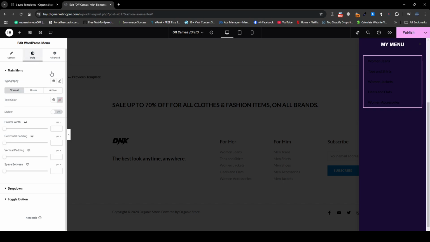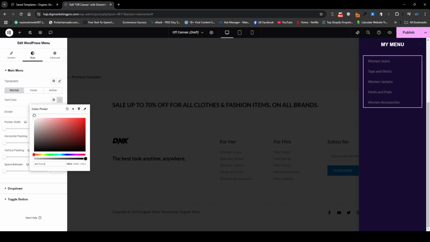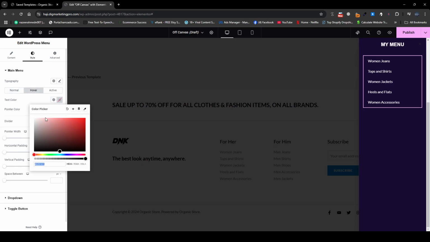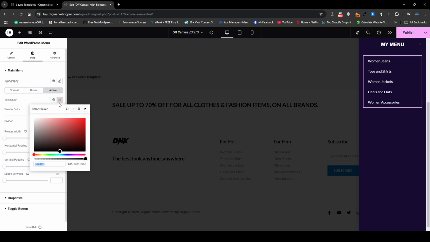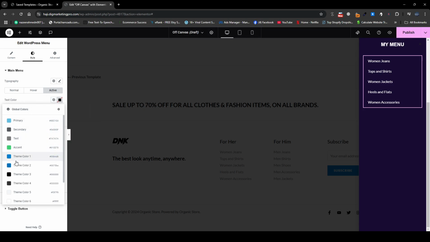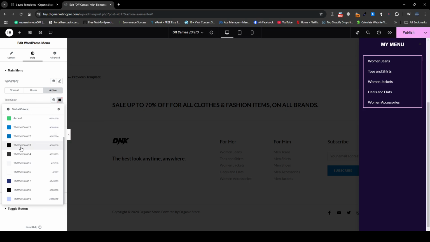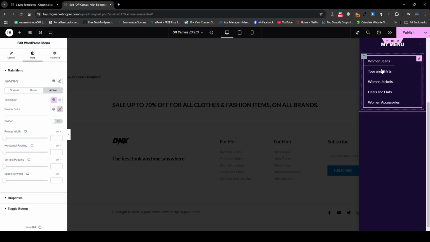Let me go back to the style tab here, and let me make it white, or let me make it something like dark. You can see now here it is. And let me change the color of the text here. Let me make it something like this.